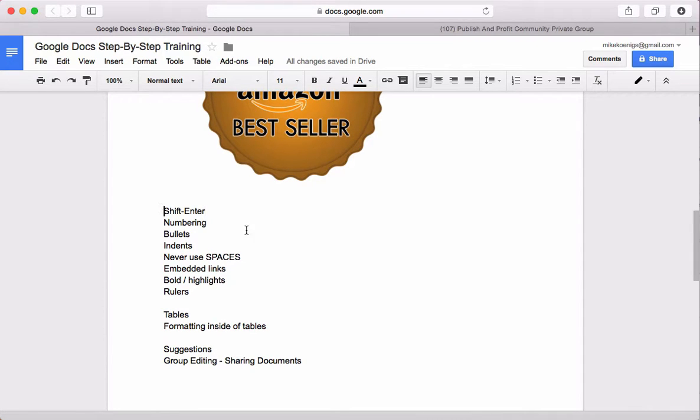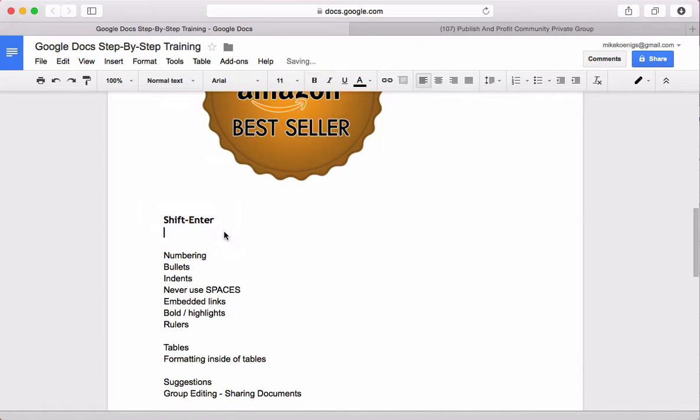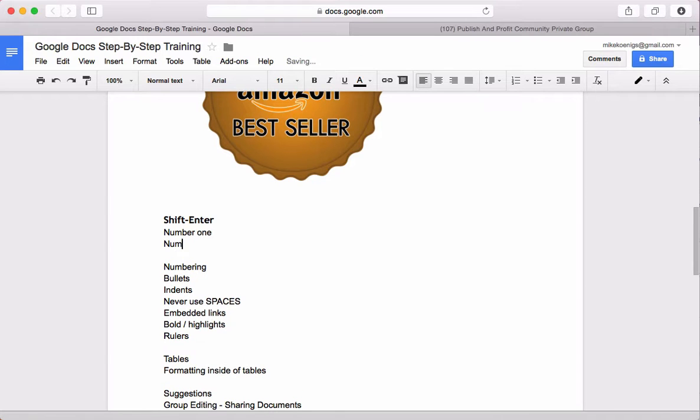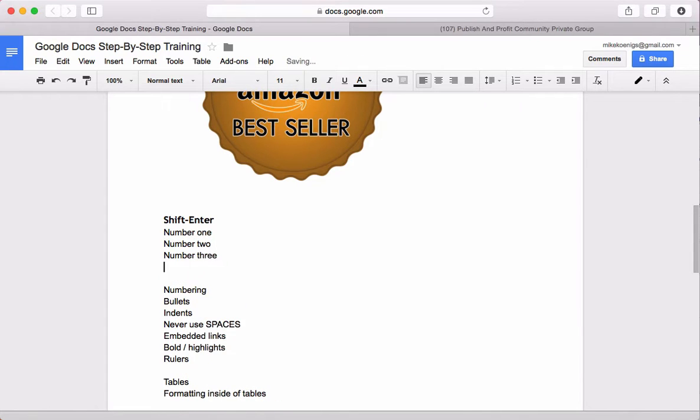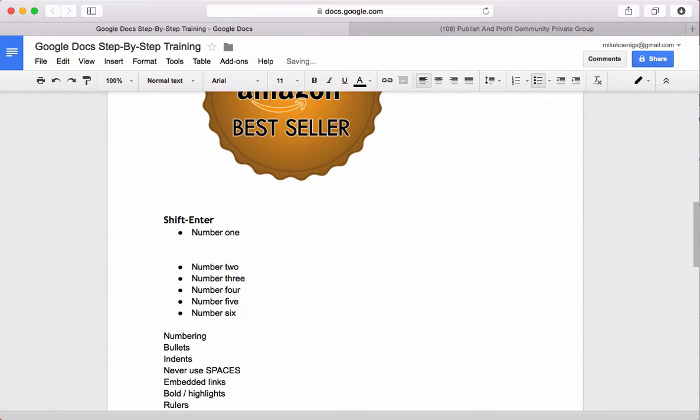Now I'm going to create a circumstance here where, let's say, for example, I'll call this the Shift Enter strategy, heading 2, and I'm going to say maybe I've got a bunch of bullets, so I'm going to say number 1, number 2, and I'm going to do a little shortcut here because I'm lazy. Number 3, 4, 5, 6. All right. Now, if I selected this and put bullets, let's say, for example, I want to put something under this like a space. If I do Shift Return,